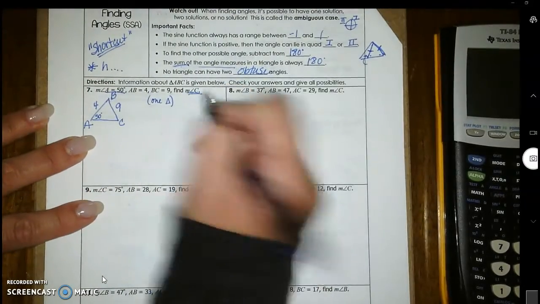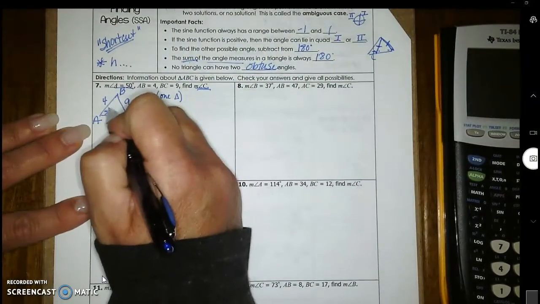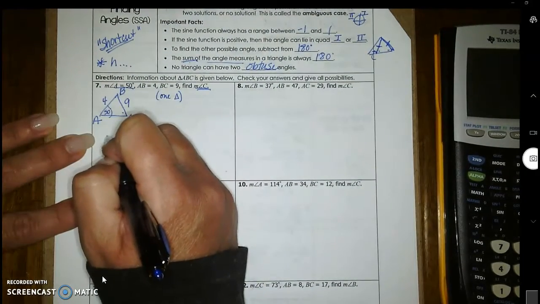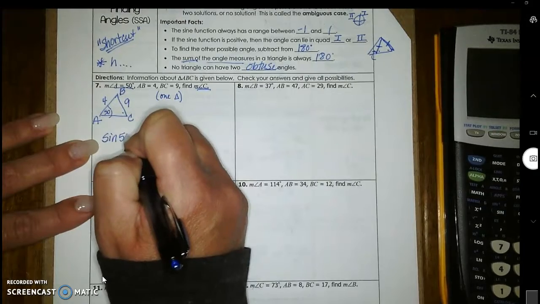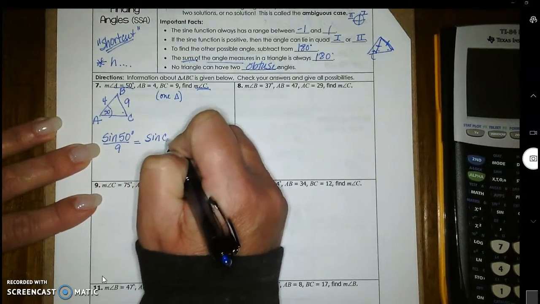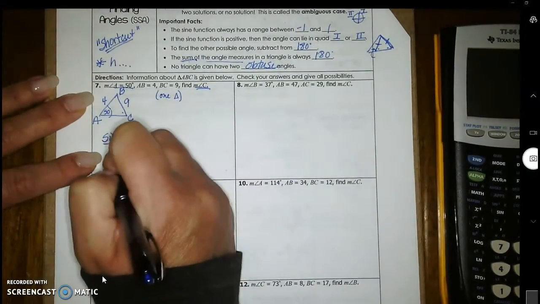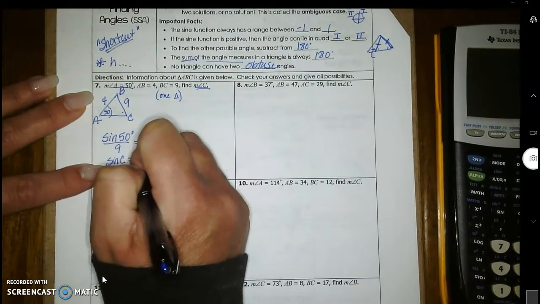So I'm trying to find the measure of angle C, and so that's this angle right here. Okay, so I'm going to go ahead and set this up. I know I'm going to do the sine of 50 degrees over 9 is equal to the sine of C over 4. Okay, I'm going to end up getting that the sine of C,